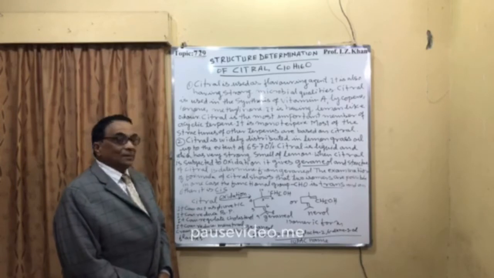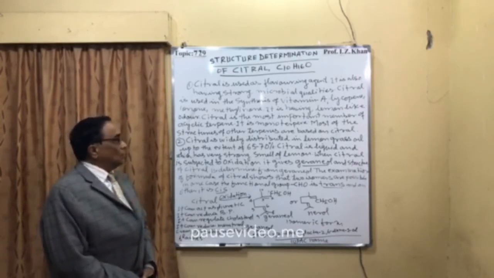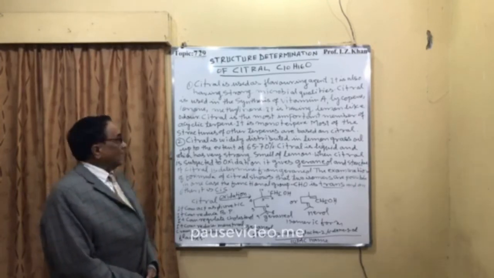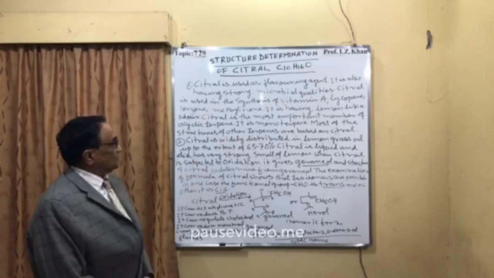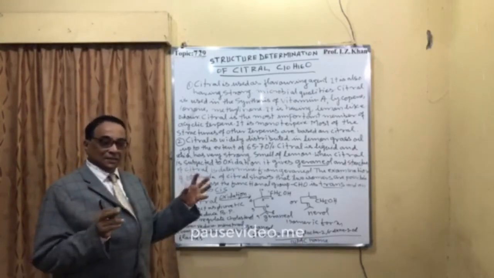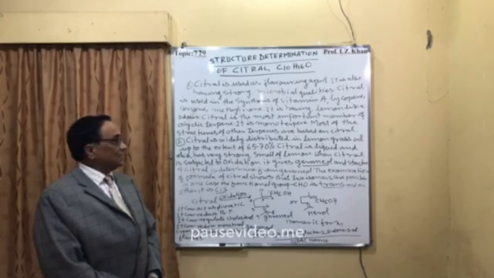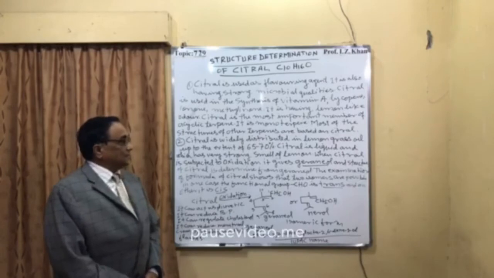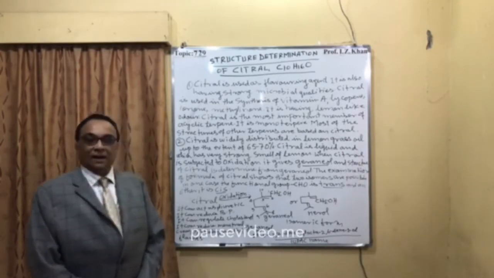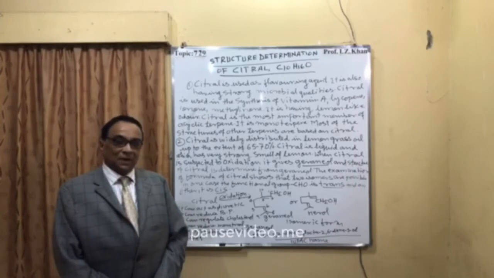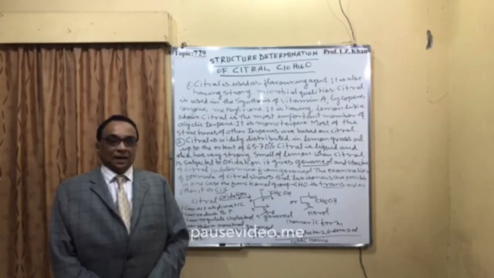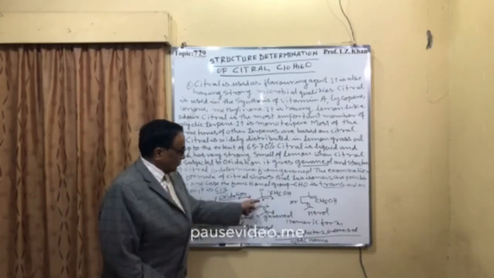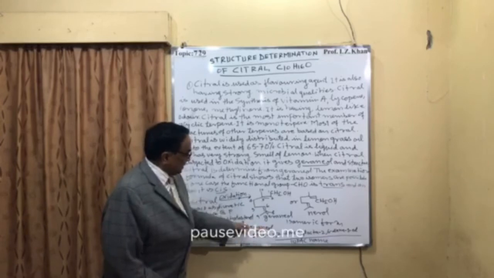It has a lemon-like odor. Citral is the most important member of acyclic terpenes, and it is a monoterpene. I have already discussed all this. It is made up of 2 isoprene units. It is an acyclic monoterpene, and most of the structures of other terpenes are based on citral. So citral is a monoterpene made up of 2 isoprene units, and its IUPAC name, as I have already given, is based on these 2 isoprene units, and the name will be geraniol.